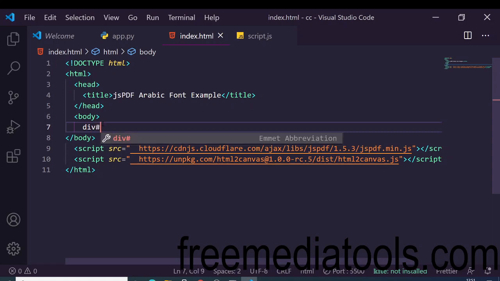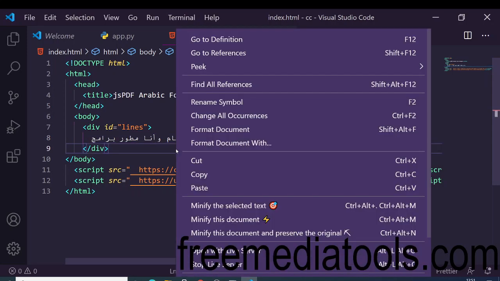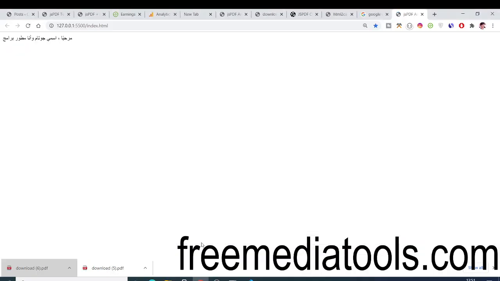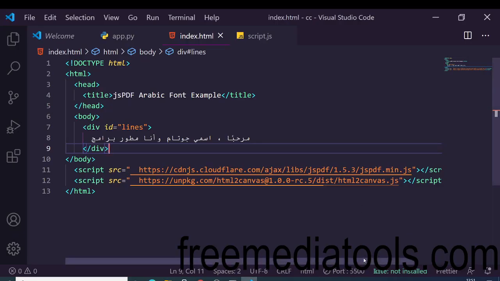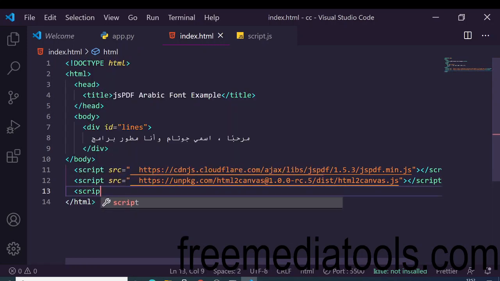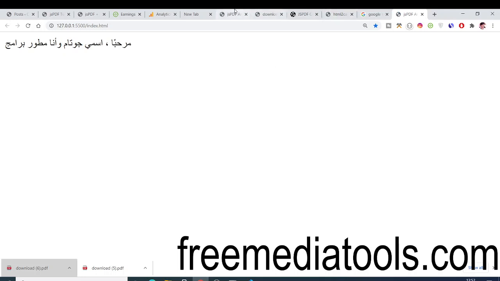So inside this, just paste it. Here we just need to convert this into a PDF document. If you open with live server, you will see it has successfully pasted. Now we simply need to convert this to PDF. This is pretty simple. We first of all take the screenshot with HTML to Canvas and then convert it to the PDF document. The script source is given in my video description on my blog post.